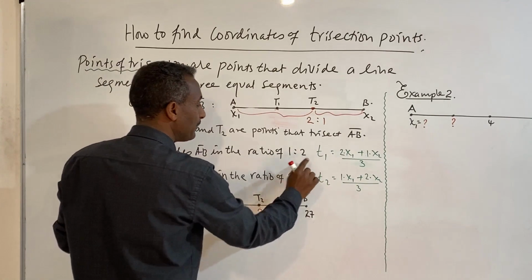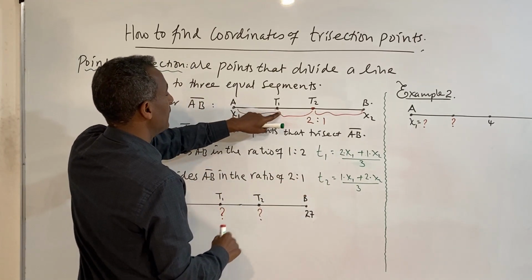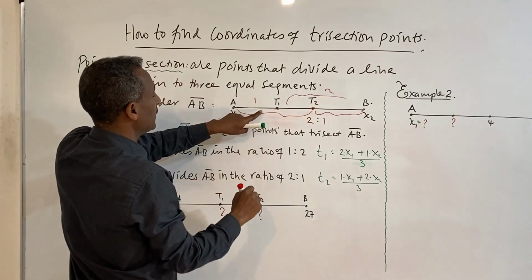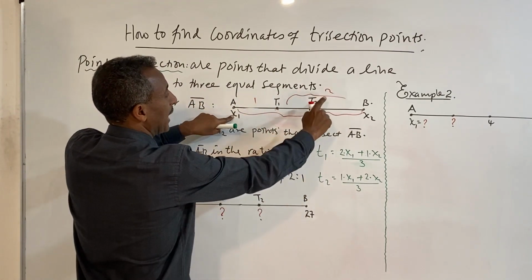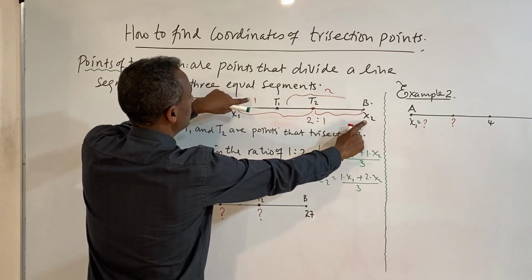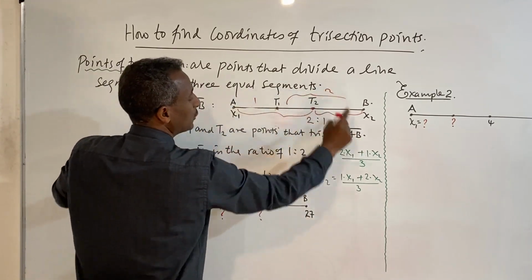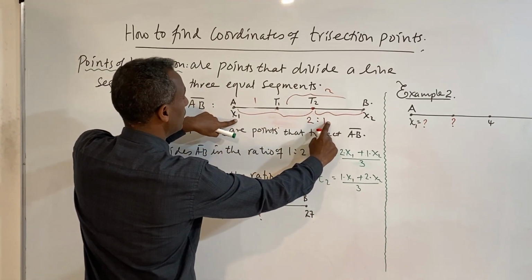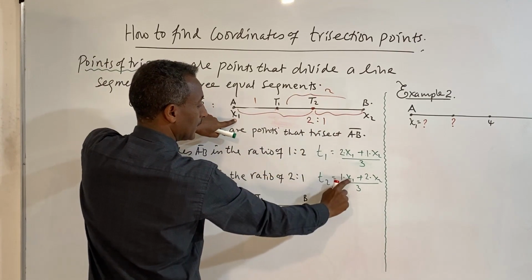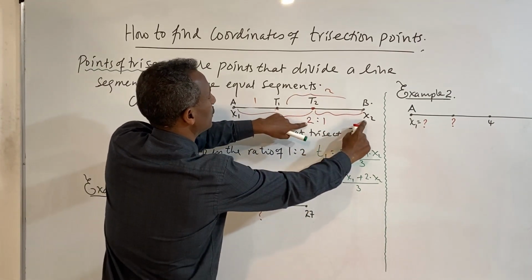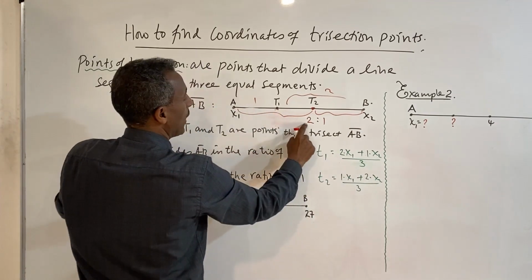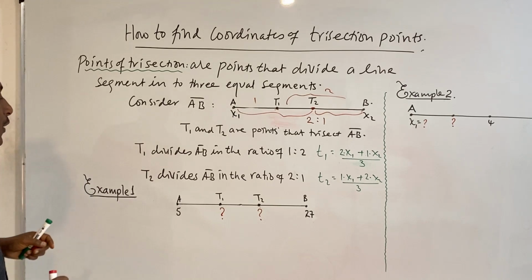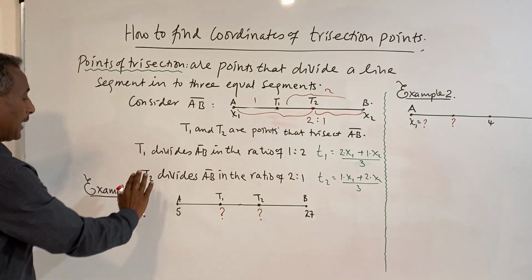ስለዚህ ምን አደረግን ማለት ነው? እዚህ ጋር t1 ስንፈልግ t1 እዚህ ጋር 1 ነው፣ እዚህ ጋር ደግሞ 2 ነው ማለት ነው። ስለዚህ t1 ስንፈልግ x1 times 2 plus x2 times 1 over 1 plus 2 ስናደርግ ማለት ነው። t2 ደግሞ ስንፈልግ x1 times 1 plus x2 times 2 over 1 plus 2 አድርገናል። እንዲህ ያደረግን እንሰራለን ማለት ነው።